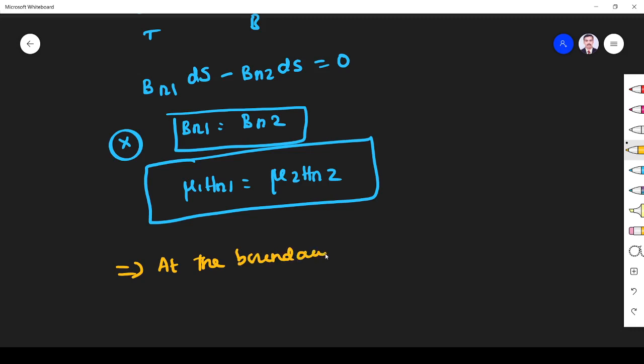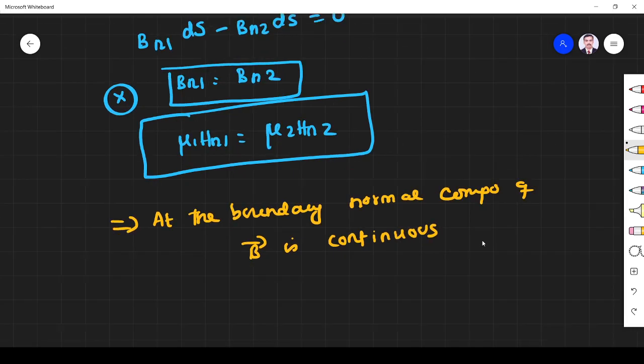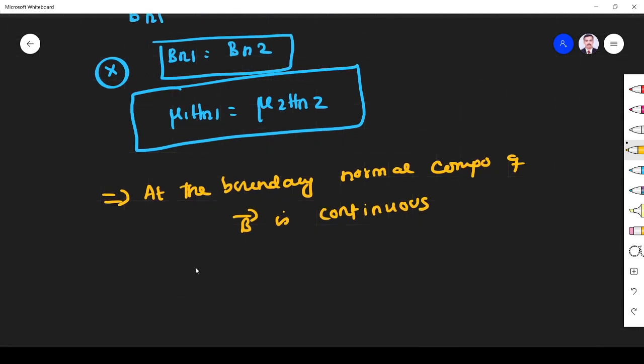At the boundary, normal component of B is continuous. Normal component of magnetic field is continuous. Okay, write properly: normal component of magnetic field is continuous,